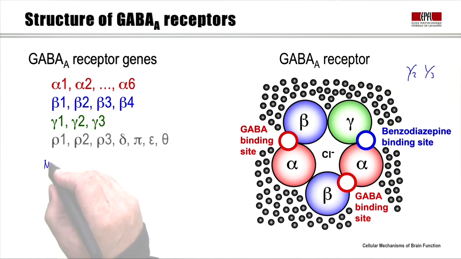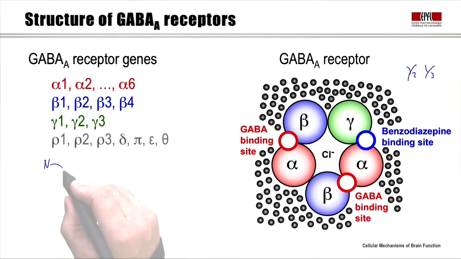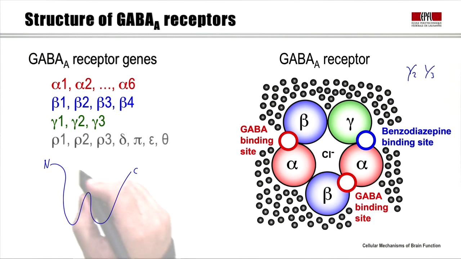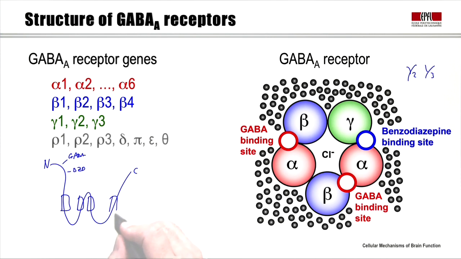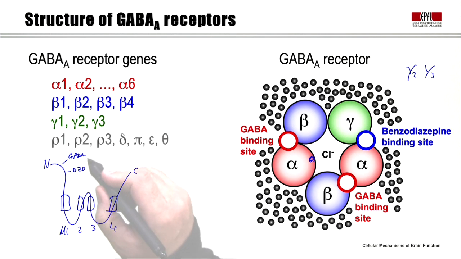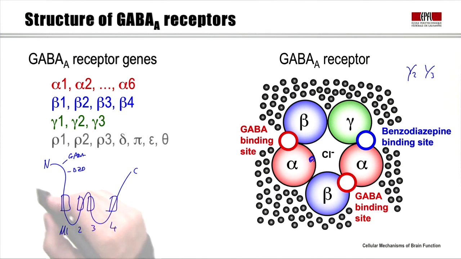In terms of the amino acid structure of the GABA-A receptor, they form a large N-terminal region where the GABA binding site is encoded, and also there's a benzodiazepine binding site. We have 4 transmembrane alpha helices, M1, 2, 3, and 4, and this one here turns out to be the pore-forming region, which then hosts the chloride ion channel. And the GABA and the benzodiazepine binding sites are sitting here on the N-terminal, which is on the outside of